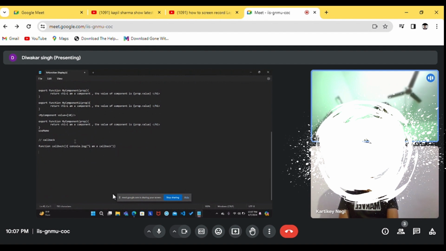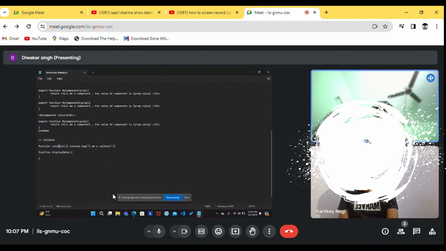So this is basically a callback function. Callback functions are normal functions which are passed inside another function as an argument. So let's take a function over here, display data. Okay, display data is my function.